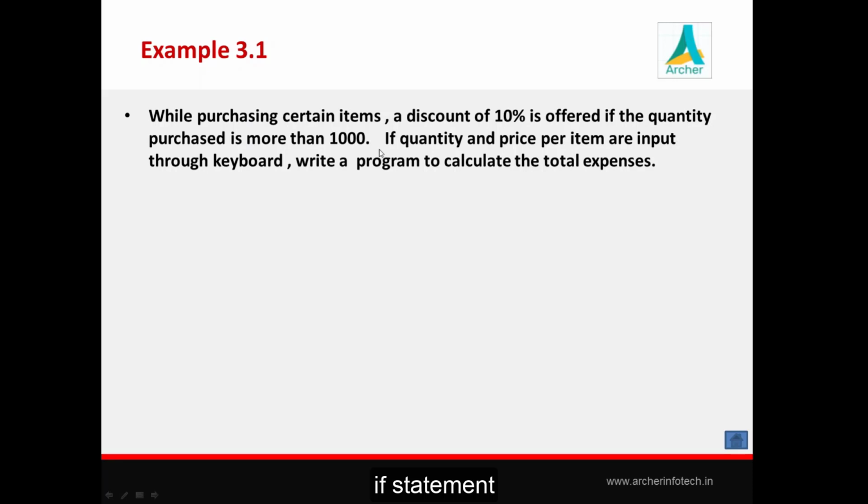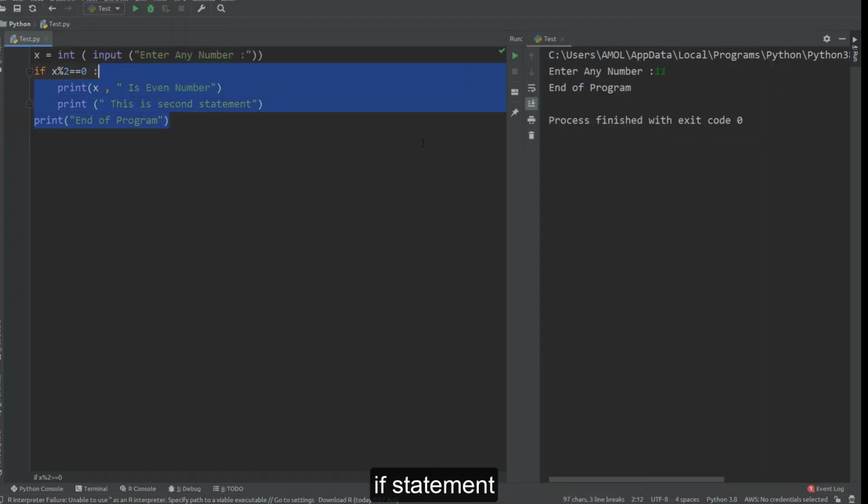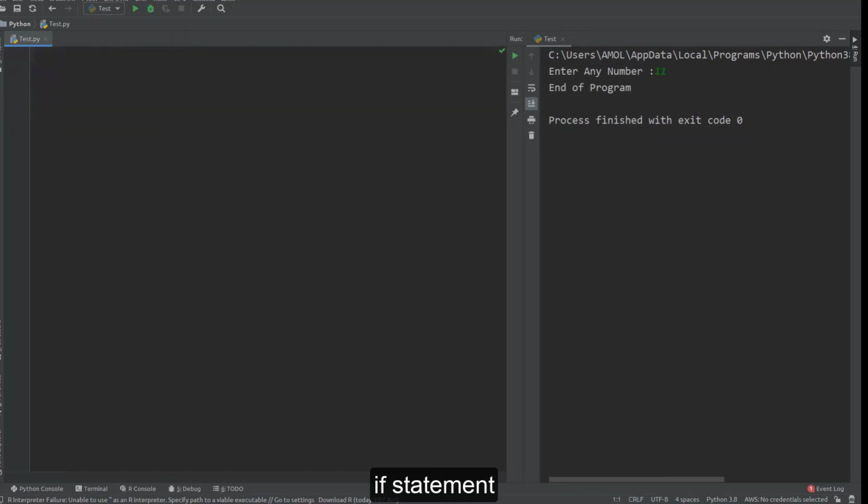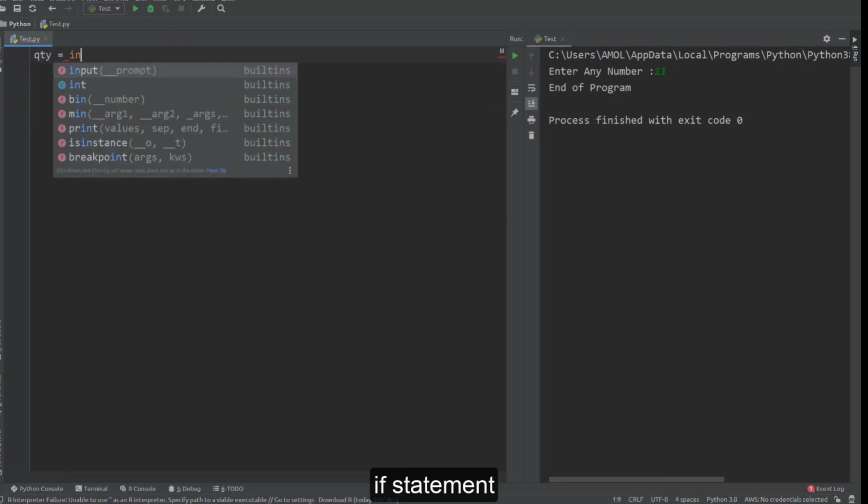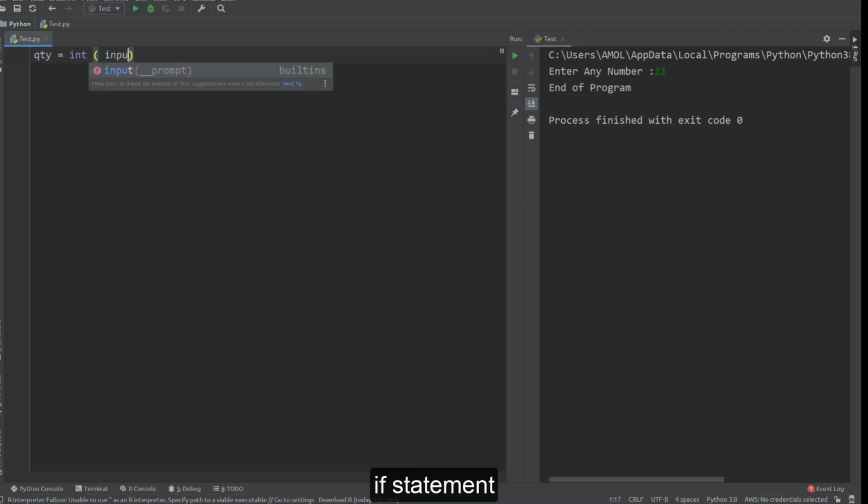The condition is this: if quantity is more than 1000, a discount of 10% is offered. So we want to calculate total expenses depending on the quantity purchased. So first we will write code to take input of quantity and price per item. Both we will consider as integers.